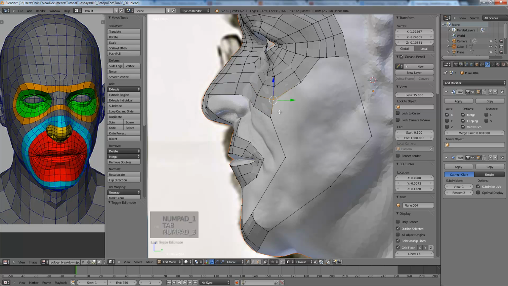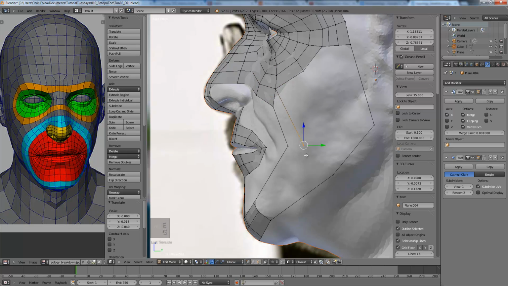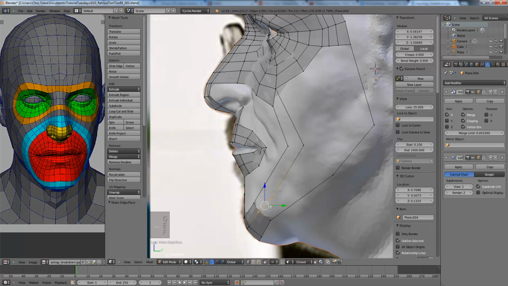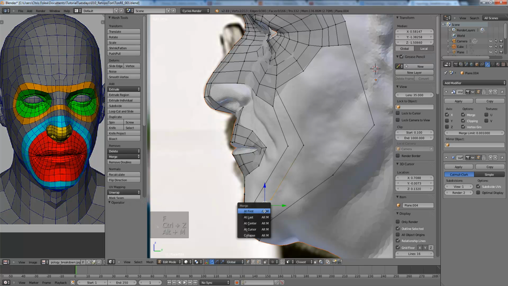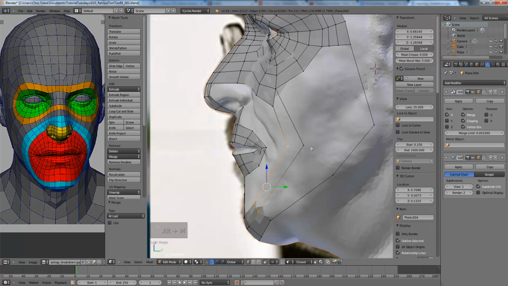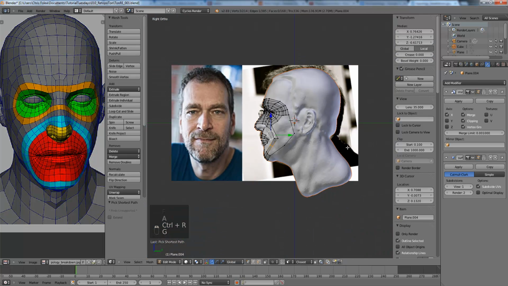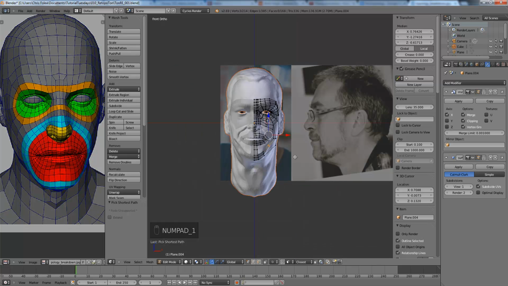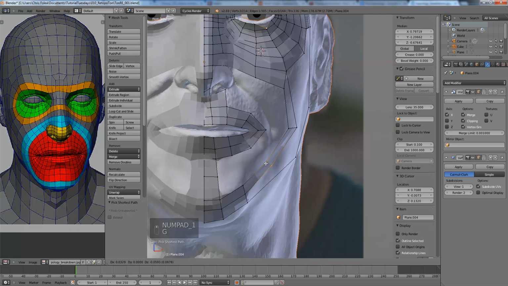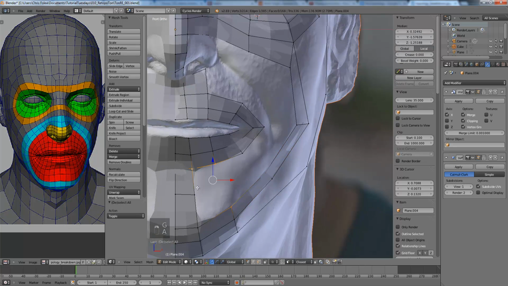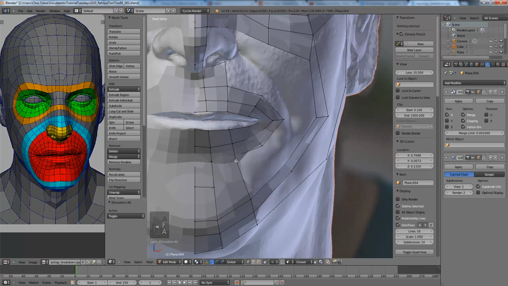It's just like TopoGun, which is professional retopo software. And there is a CG Cookie plugin for retopo that is very similar to TopoGun, where you can just draw a line around something like a neck or an arm, and it automatically creates tubes and edge loops for you. That's not horribly useful in our case for doing a face, but if we had sculpted out the arms and stuff,